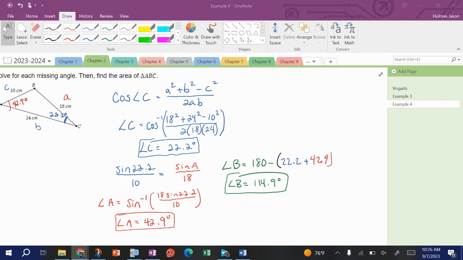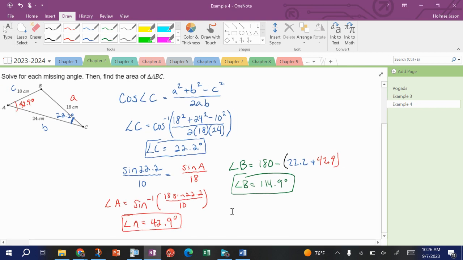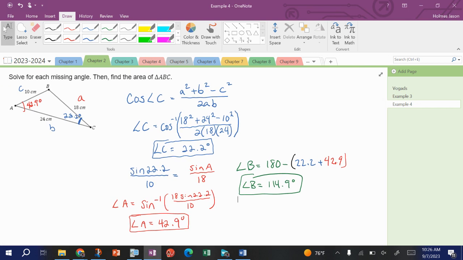Okay, guys, in this last example for 2.2, we're going to be looking for the area of a triangle where I was given no angles. So I took the liberty of shortening this video a little bit, so I'm going to walk you through it. For angle C, in blue,